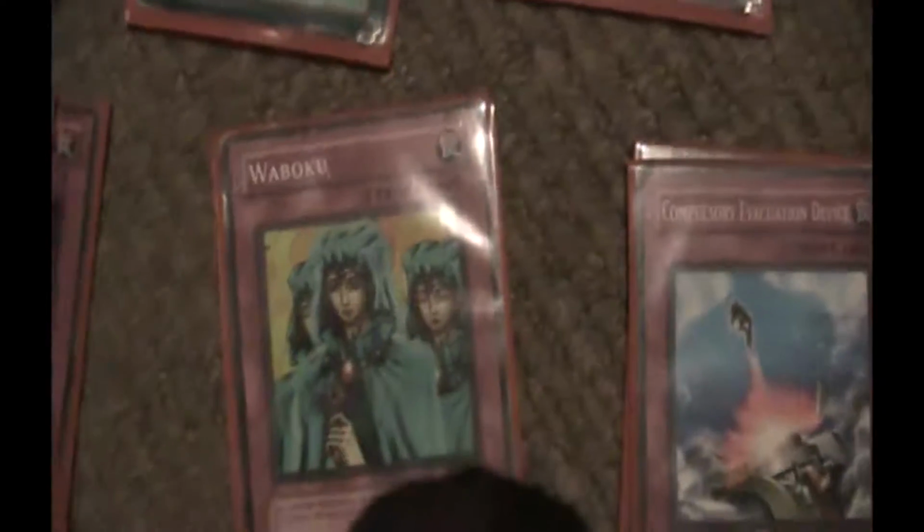It doesn't affect the hands, I don't think. Just on the field. Waboku, defending, stops your opponent from screwing you over. Compulsory Evacuation Device. I only put 2 of these in here because I'd rather have 2 of them than Sekiretsu's,